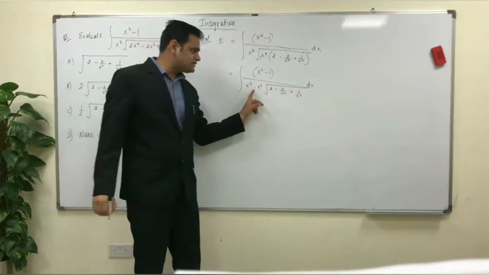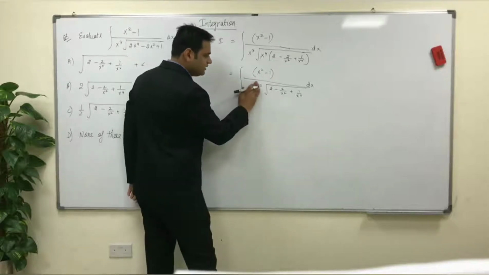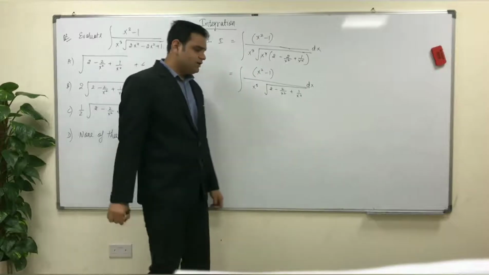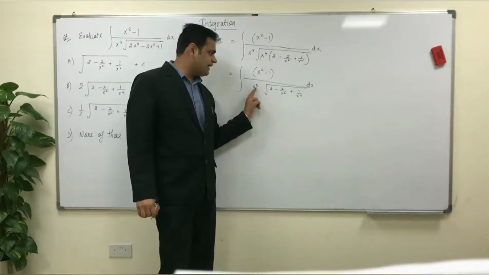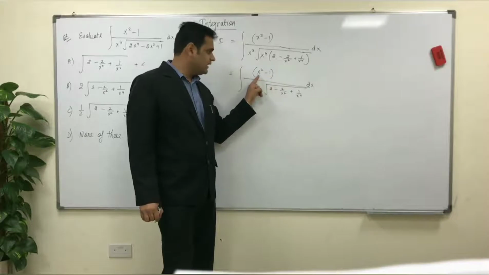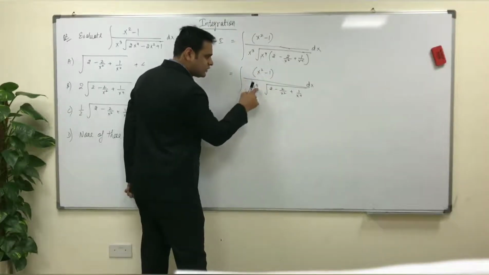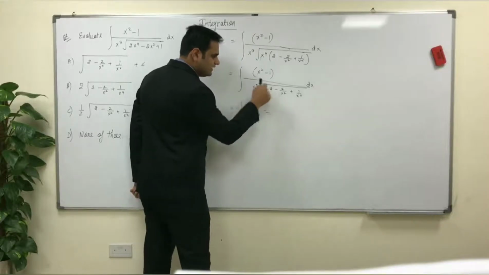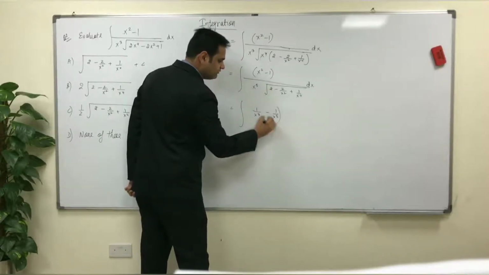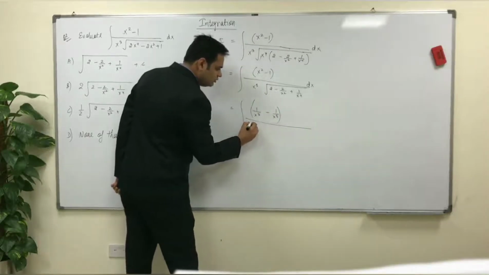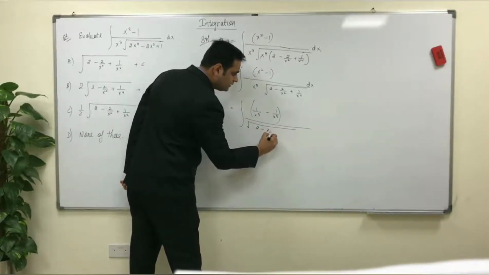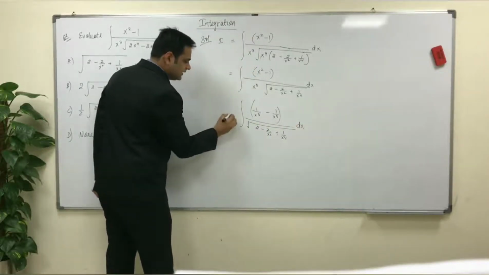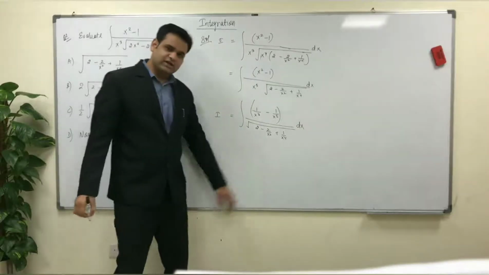So if you see, x cube into x square, I can make x to the power 5, right? It will become x to the power 5. Now I can do one more thing. This x to the power 5, I can write under this and under this. When I do that, x square divided by x to the power 5 will become 1 by x cube, minus 1 divided by x to the power 5, whole divided by 2 minus 2 by x square plus 1 by x to the power 4, and this is dx, and this is nothing but I. So I hope this much is clear to you.